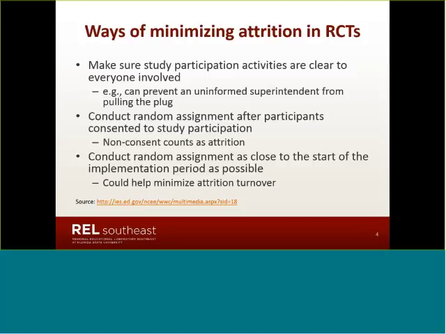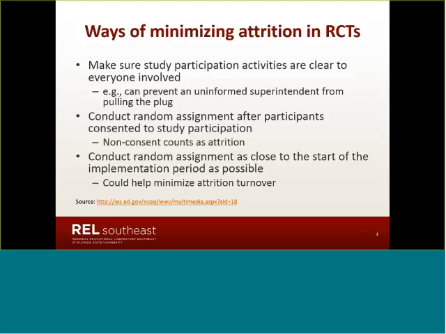Another suggestion is to conduct the random assignment as close to the start of the implementation period as possible, because this could help to minimize attrition that's due to turnover. So for example, suppose a school-level RCT of a teacher professional development program is going to begin implementation this coming September, and suppose the study team recruited the schools during the previous school year, conducted the random assignment after they recruited them, and informed the schools of their study group status before the previous school year ended. So let's say by the end of May or June. Well, this kind of a study